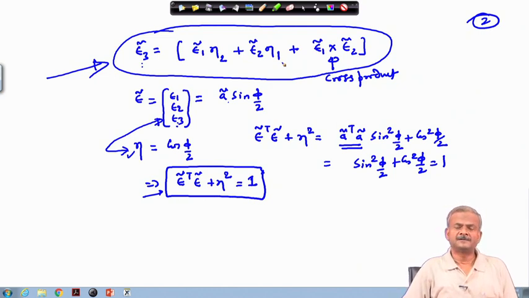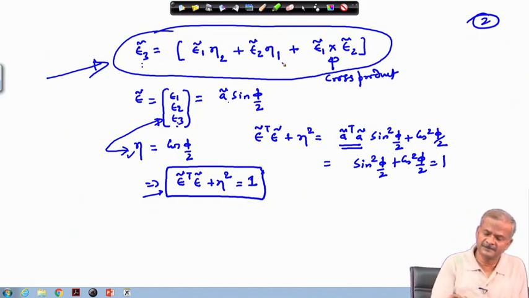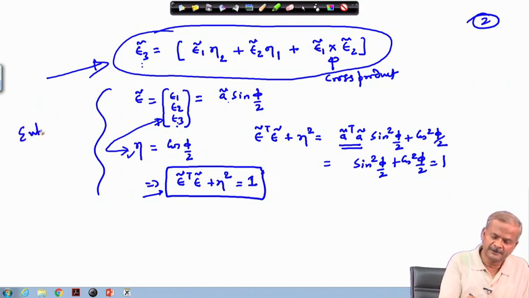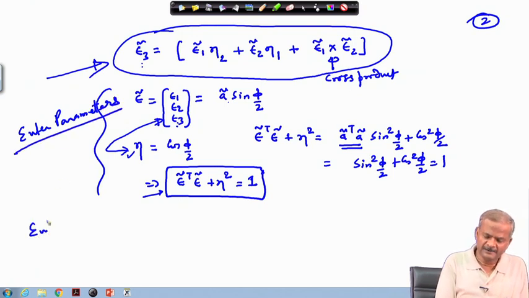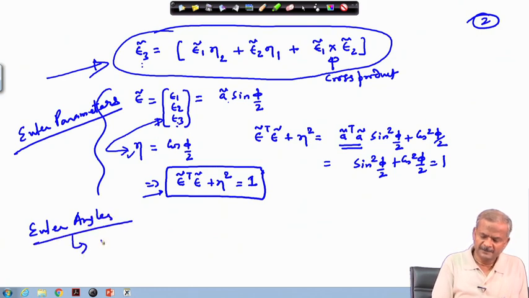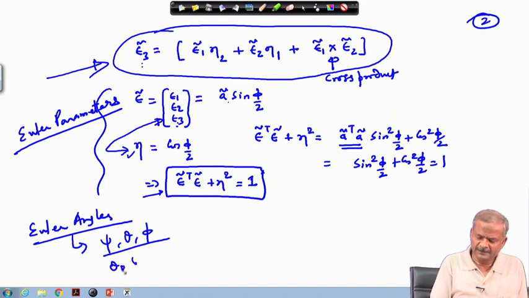because using these 4 parameters, it is beyond our scope to show it in this course, but the 4 parameter system is free from any kind of singularity, while the 3 parameter system, which you usually write as the Euler's angle, not Euler's parameter, these are the Euler's parameter. Again reminding you, this is the Euler parameter, and Euler angles we have written as psi, theta, phi, or writing as theta 3, theta 2, theta 1.